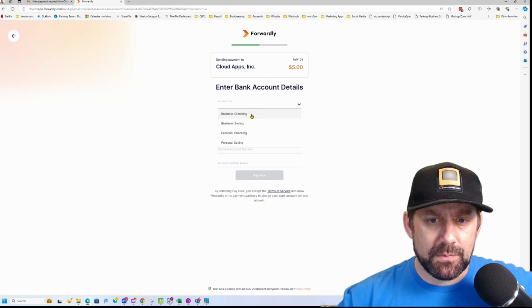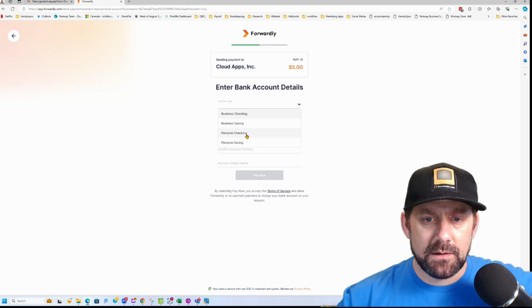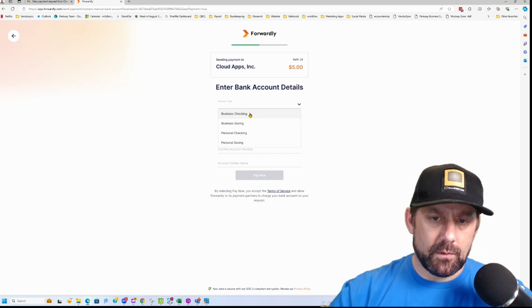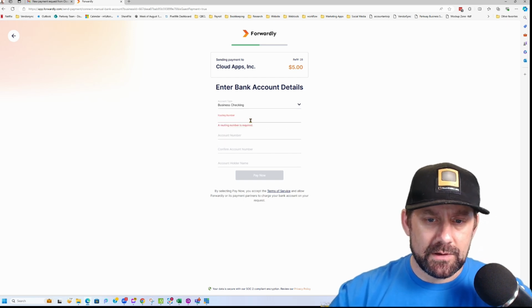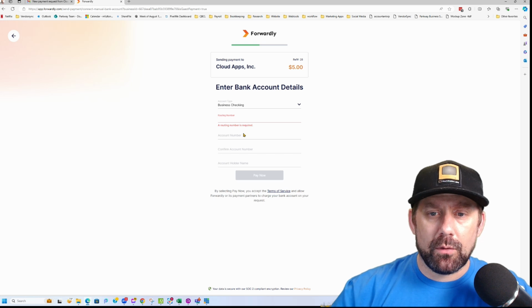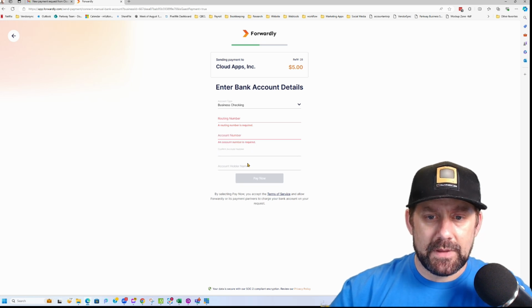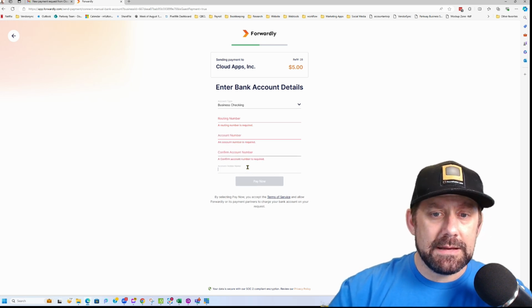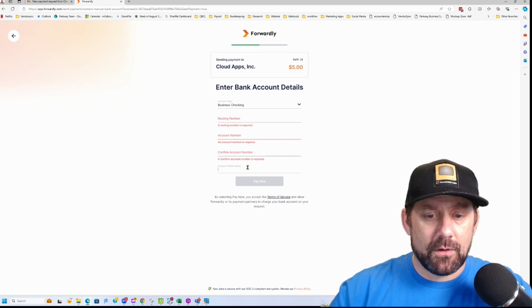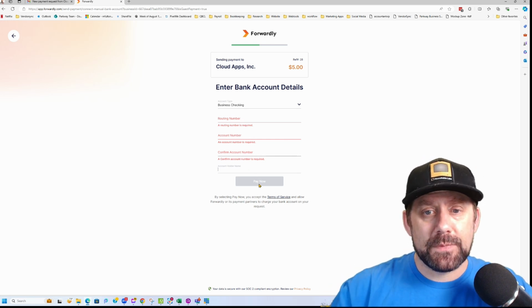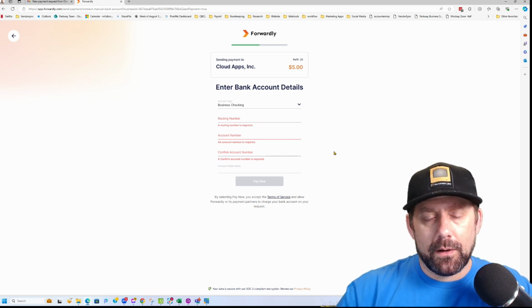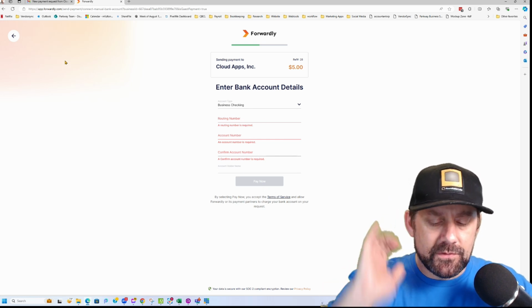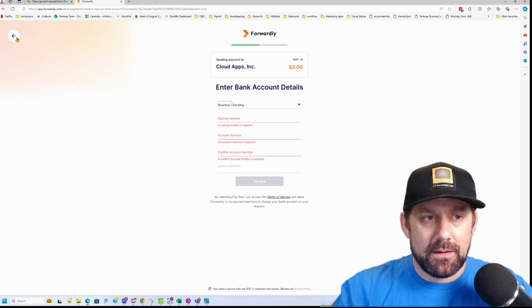Here, account type: business checking, personal checking. So we'd go business checking, put the routing number. So we'd basically put all of this information in, and then the account holder name needs to be the actual name on the account itself, and then click pay now. If I do it this way, that will set it up to where it will send us a check instead of doing the